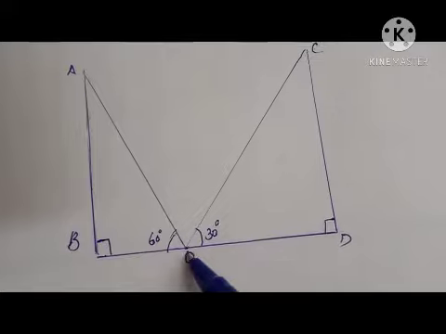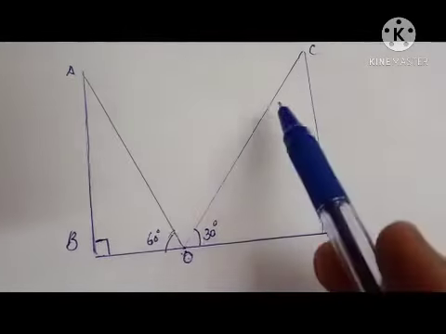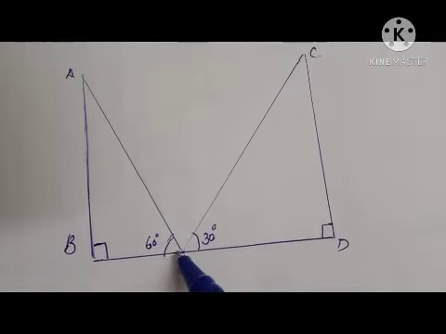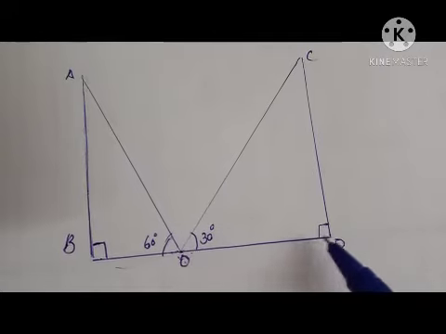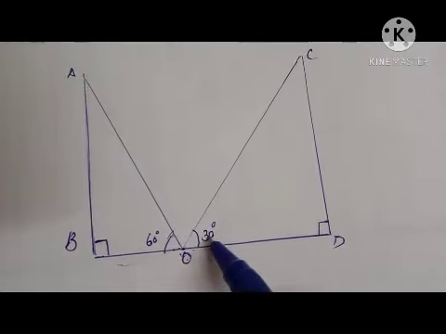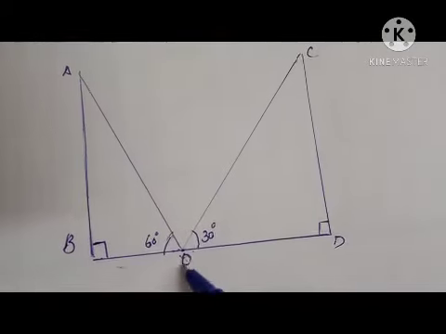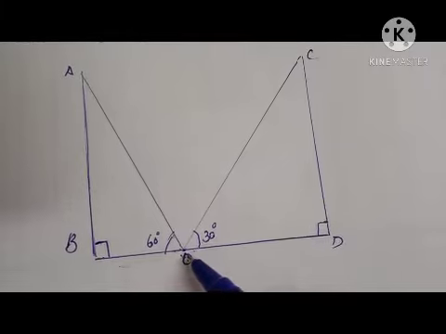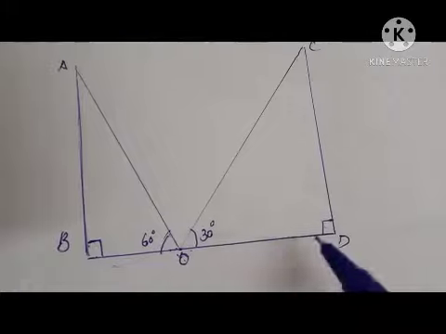From a point O on this river, the angles of elevation to the tops of these two trees are 60 degrees and 30 degrees. Where the distance is shorter, the angle should be greater; here the distance is more, so this angle is smaller. Okay, that you should understand. O is not given as the midpoint, so we have to mark it like this. Clear?